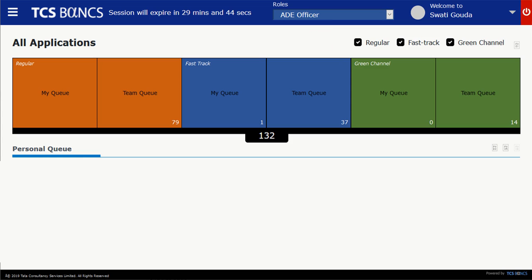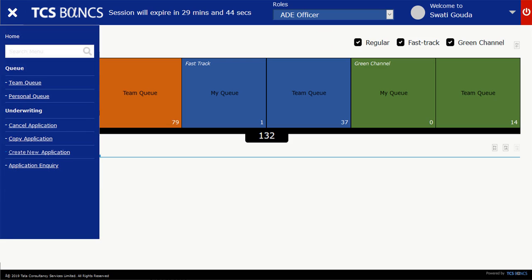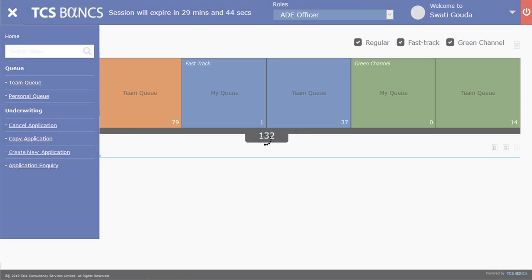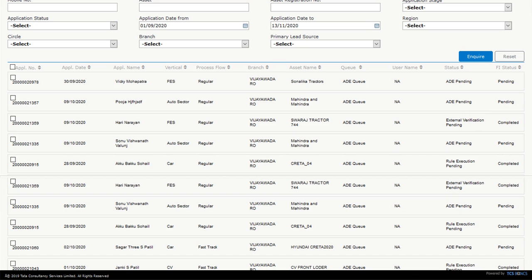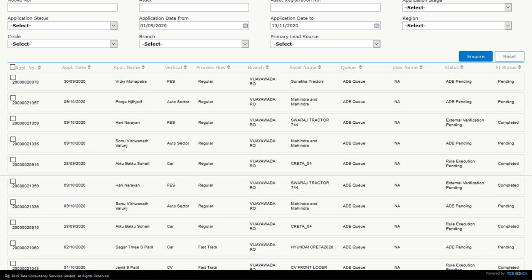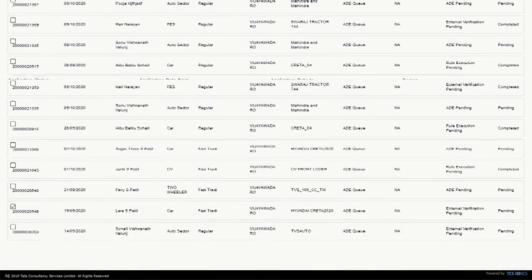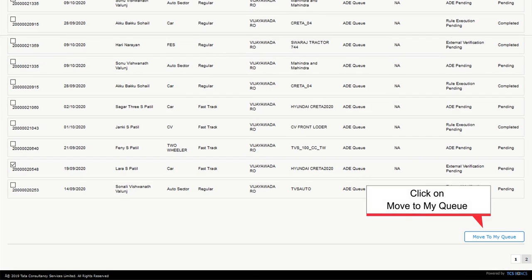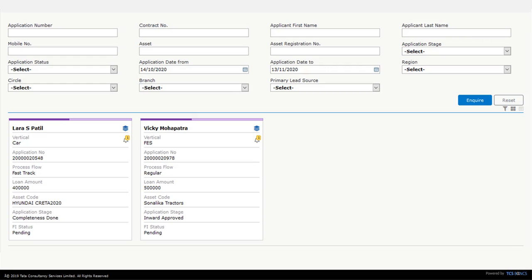If the user has multiple roles, then only he will need to select. All the applications submitted to the ADE queue will move to the team queue directly. To work on any application, user needs to move the application to My Queue. Click on Move to My Queue button in Team Queue to enter further data.